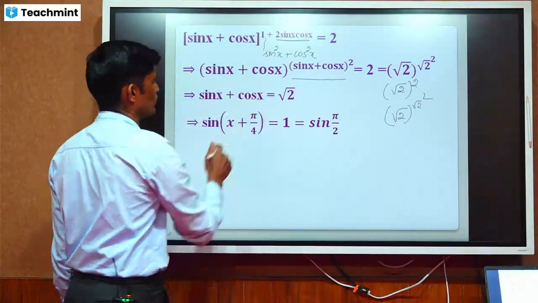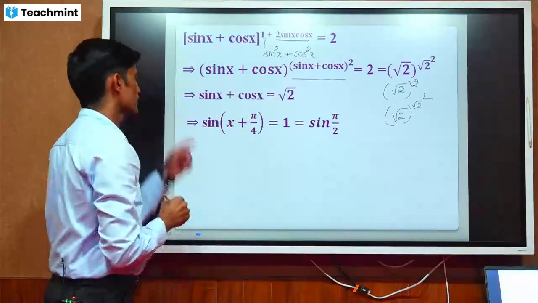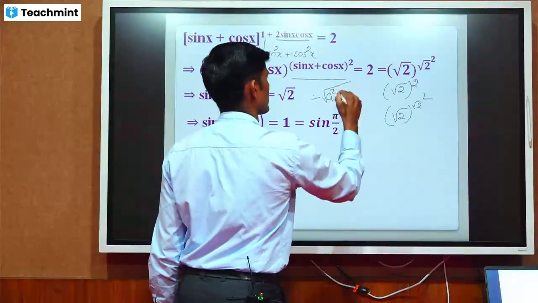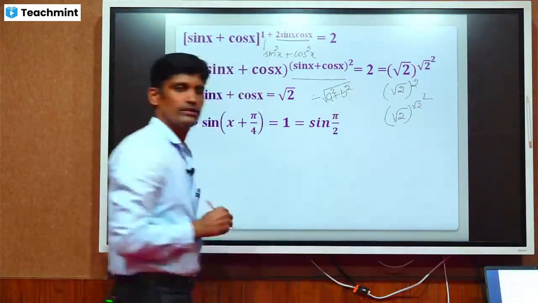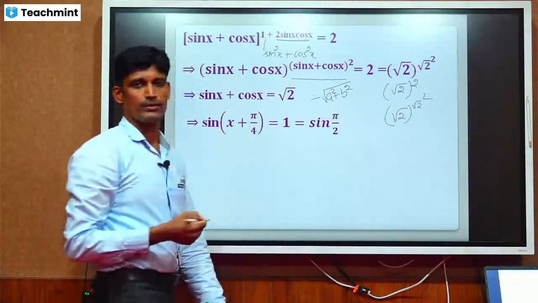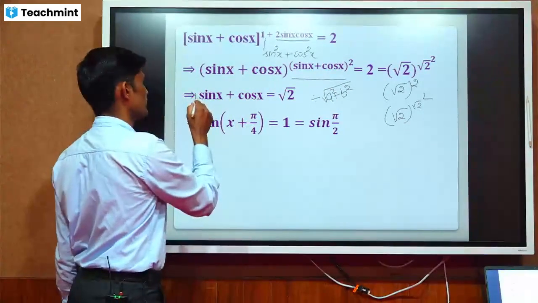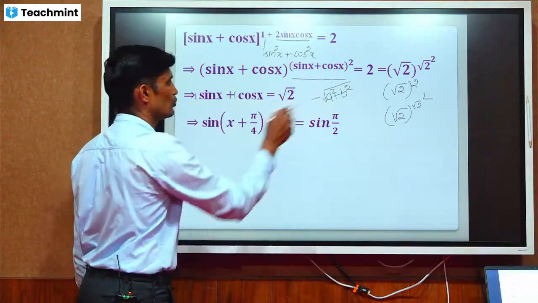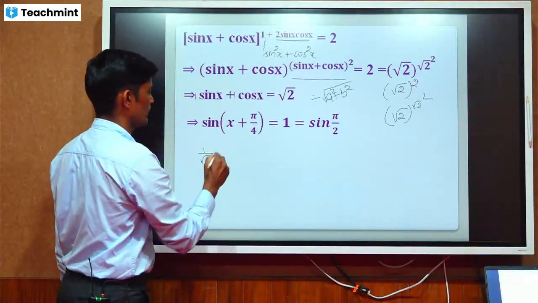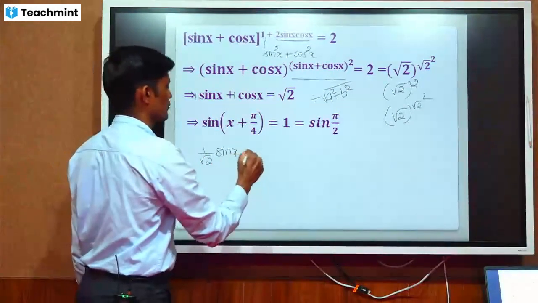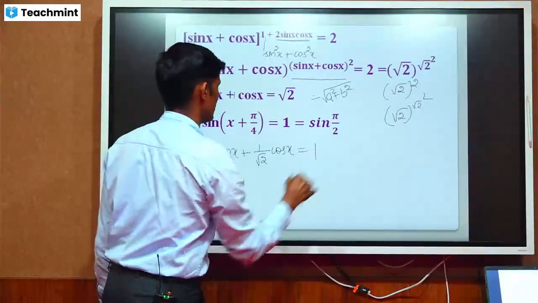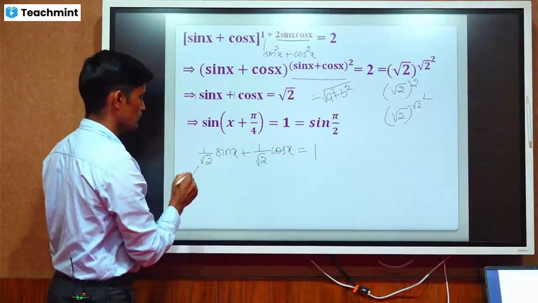When sin x plus cos x equal to root 2, again dividing by root of a square plus b square on both sides. Whenever we have a cos x plus b sin x, we can simplify it by dividing by root of a square plus b square on both sides. That is, a is 1 here, b is also 1 here. So dividing by root 2 on both sides. This is 1 by root 2 into sin x plus 1 by root 2 into cos x, which is equal to 1. Therefore, if you treat this as cos pi by 4,